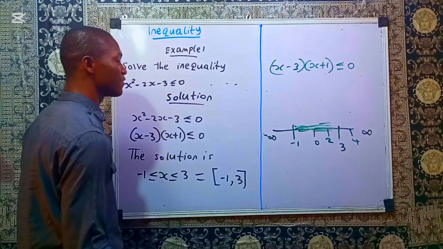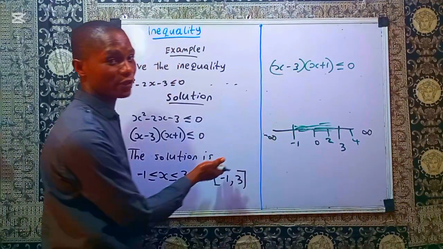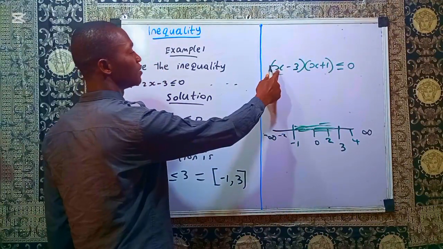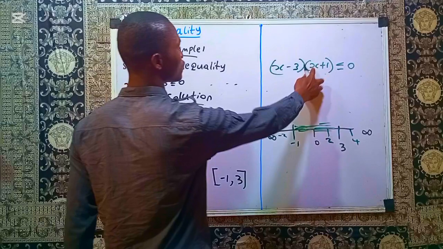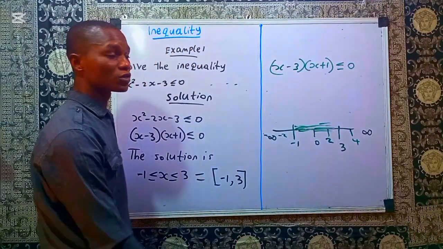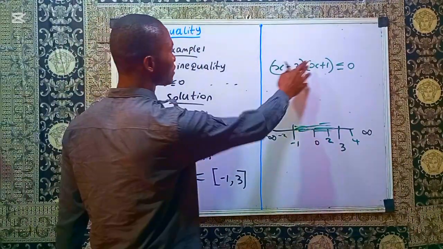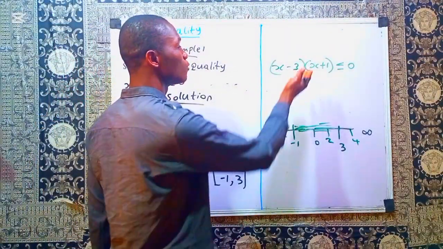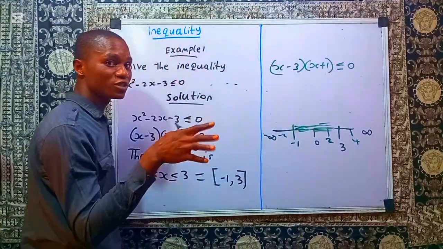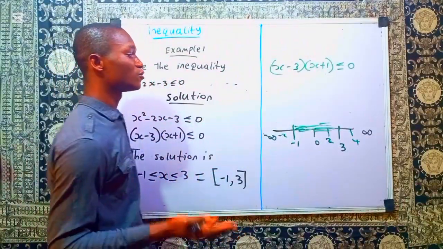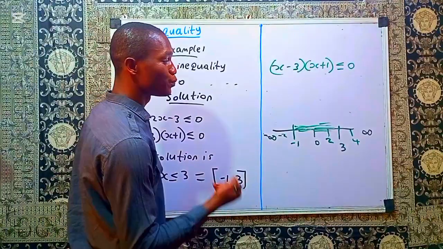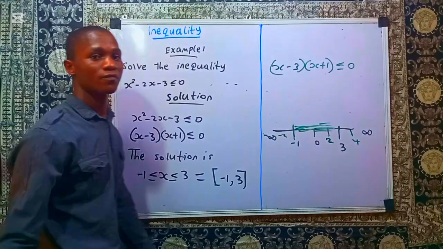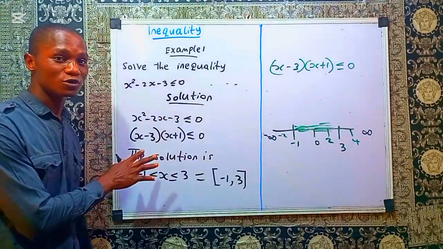If I pick a number smaller than minus 1, let me say minus 2, somewhere here, and put it here, minus 2 minus 3 is minus 5, and minus 2 plus 1 is minus 1. So minus 1 multiplied by minus 5 will give us positive 5, which is bigger than 0. But we are looking for values that will make it less than 0, which means that it will not satisfy it. The only values of x that will satisfy this are values from minus 1 to 3. So which means that the shortcut I showed you is